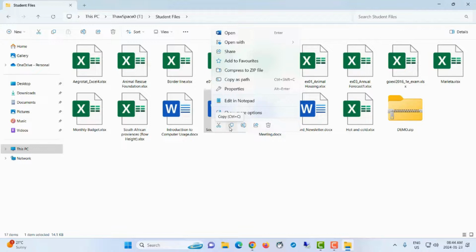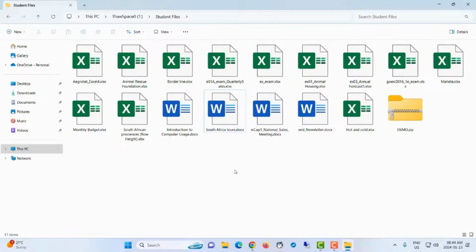They just make life easy. So instead of me now using a ribbon or making use of a right click, I can just use Control and the letter C on the keyboard to perform the copy function. Let's do that with that South African tools. I can select it. On my keyboard, I'm going to press two keys, CTRL and the letter C, and that